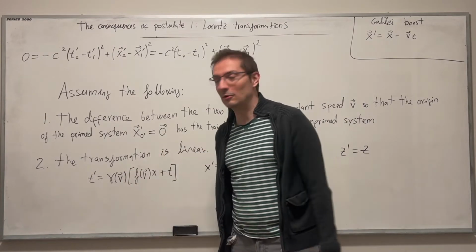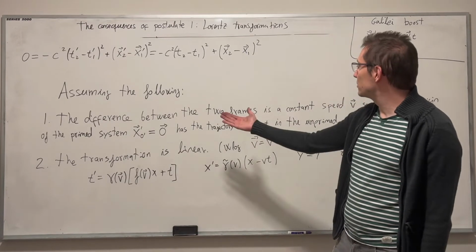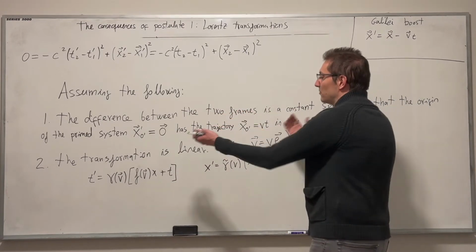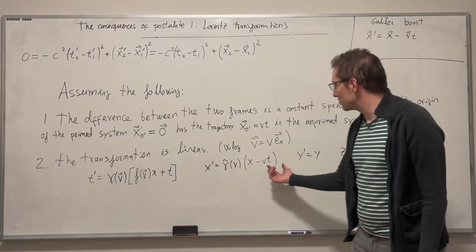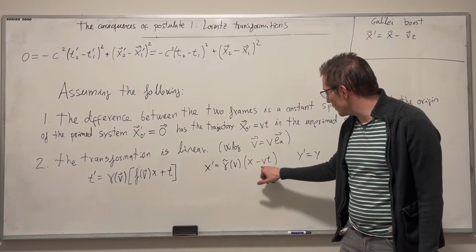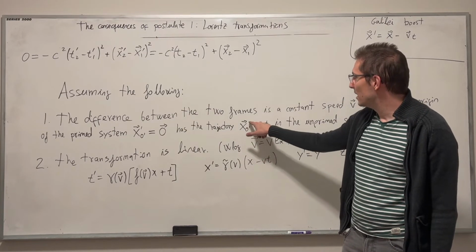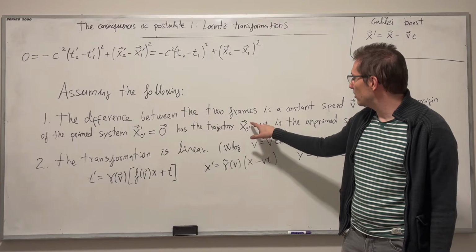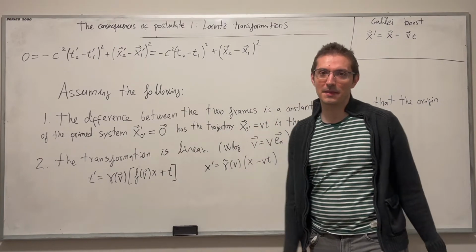They're two independent coefficients. They only depend on v because, of course, we assume here that the only difference between the frames is v, okay? And now this one, of course, is also a general transformation, and you may say, why don't you have a different coefficient for the x or for the t? Well, because in this case it has to be true that x of the origin of the prime frame has to be vt, and therefore that fixes one of the constants in here.